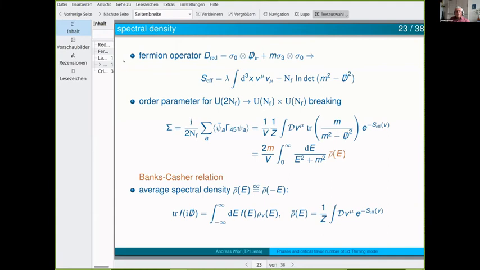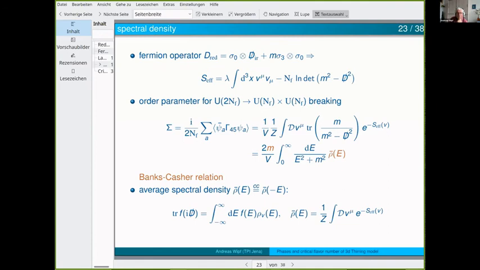Okay, and then it's easy to show that the effective action for this form of the Dirac operator can be written as m squared minus the irreducible Dirac operator squared. And of course, again, you see that there is no sign problem. Now we look for this order parameter, which belongs to the parity breaking, which we know is a dangerous direction. So we look at this formulation of the staggered condensate, which does not break parity. And a little manipulation, fermionic integration, shows you that this can be written as an integral over the average spectral density,